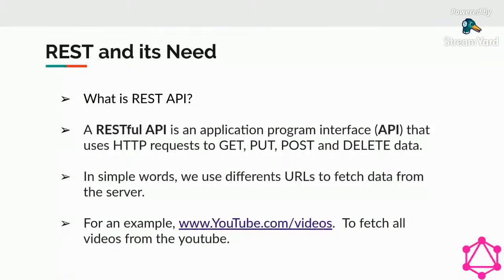For an example, I'll give you an example. Just write www.youtube.com/videos. Just imagine this is one API. It will give you all the data, all the videos of YouTube, in JSON or XML format, or whatever format we have written for the API. Nowadays it is mostly JSON. So we get all the information of the YouTube videos in JSON format, and we use that data anywhere we need it, right? So that's the basic concept of the API, and we can do some operations, let's say get, put, post, and